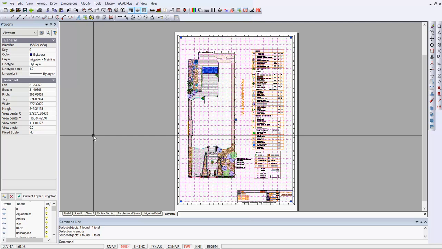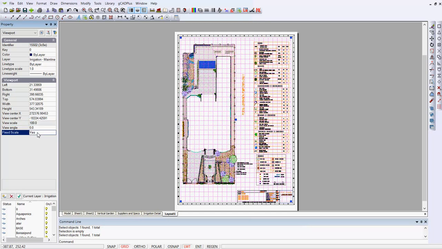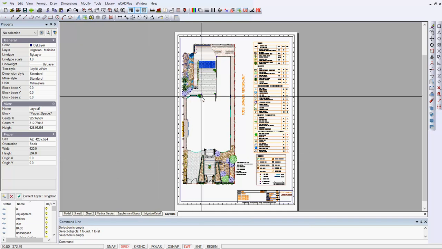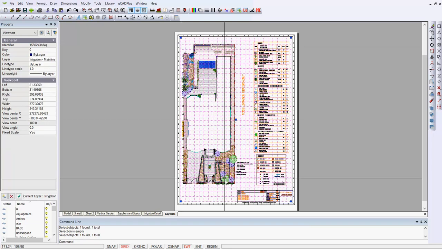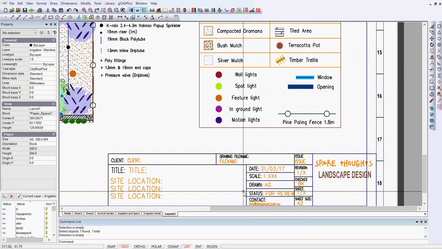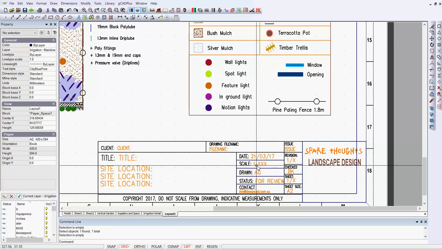We can select the floating viewport, and we can see that the view scale here is 111. So for an approved scale, I'm working in the metric system in Australia here, we're allowed to use a scale of 100. 200 will not work for us, but we're going to fix that scale, and there we are. There's a scale that works beautifully at a scale of 1 to 100, sitting inside the A2 sheet. So now we could get in here and edit the design. It's currently saying scale 1x. We need to